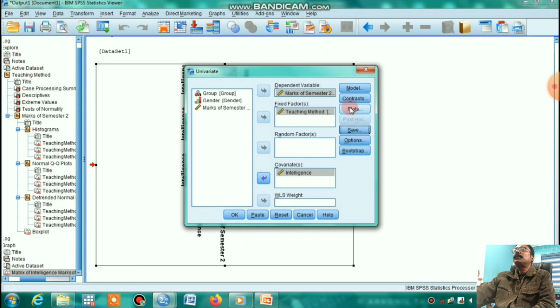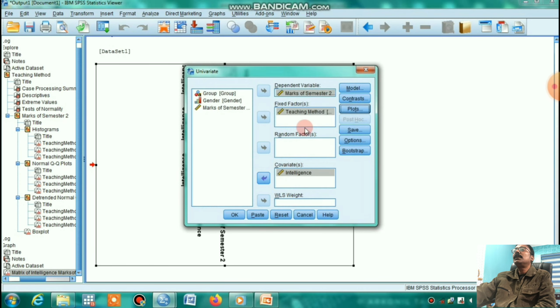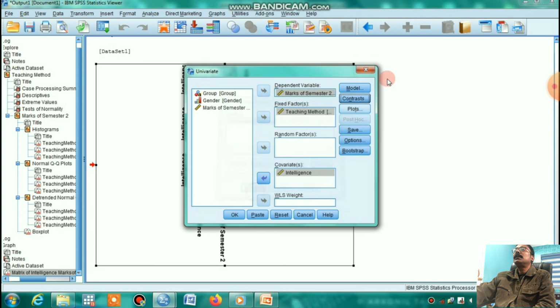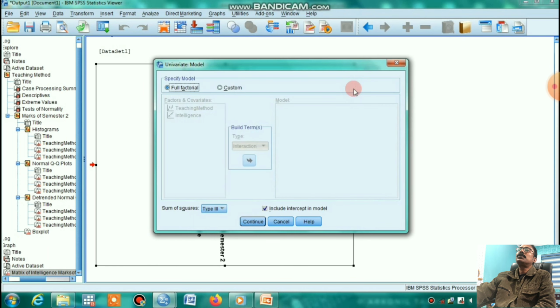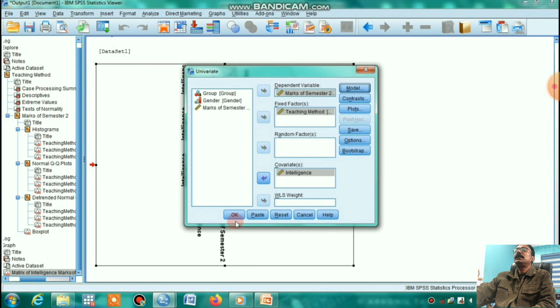For plots, we can plot teaching method on the horizontal axis, add, continue. For contrasts, none. For model, here is the most important change. From full factorial model we have to select custom, and for the model we have to take teaching method and intelligence as an interaction, continue, and click OK.